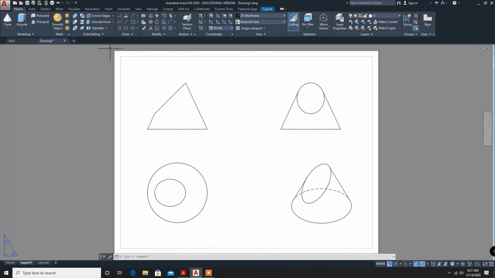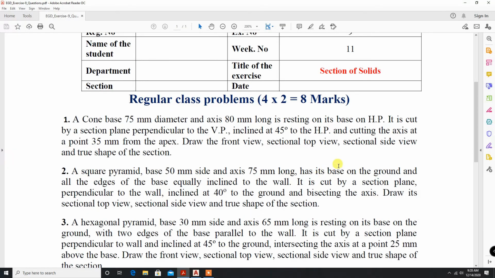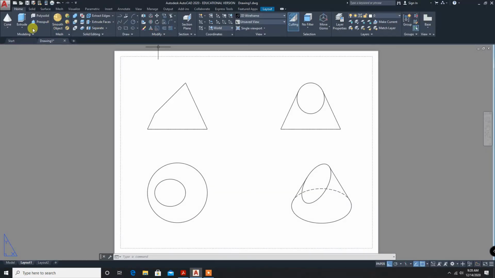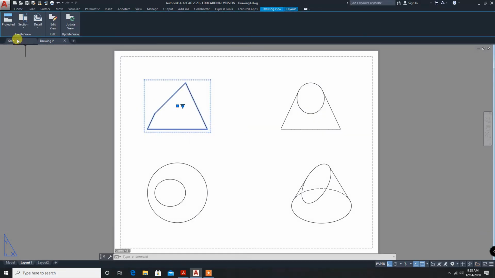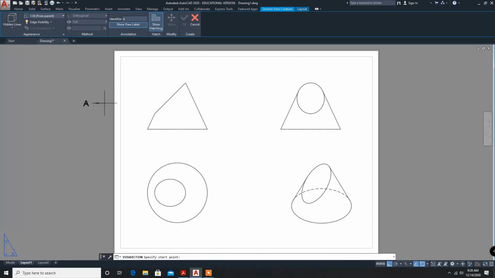Now they have asked in the question for the true shape of the section. For creating the true shape of the section, we have to click here. Section, click full section.